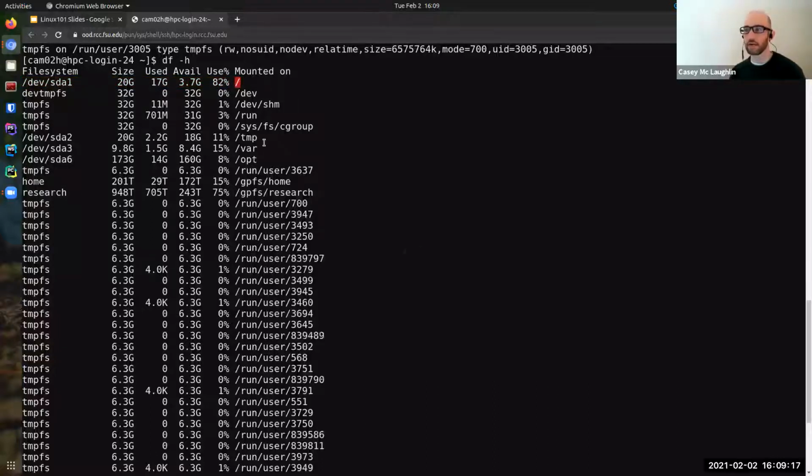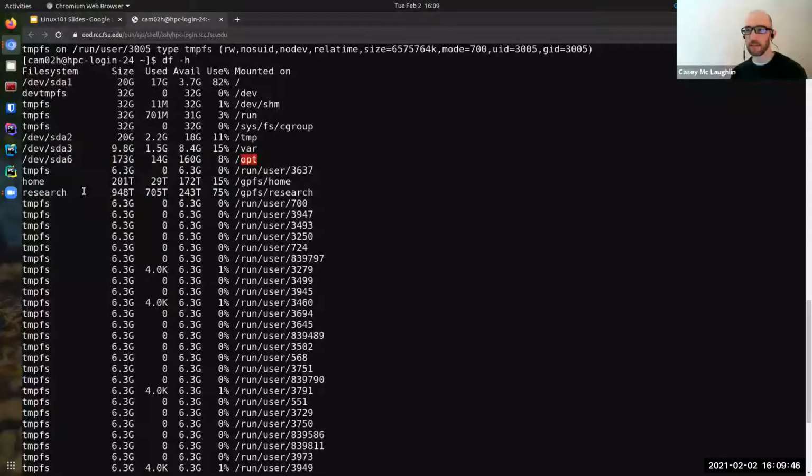All right, now we have a separate device. /dev is the directory or folder that all the device files are kept in. This represents another physical disk in the system. It's also 20 gigs, and it's mounted at temp. Another physical device mounted at var, and finally a third, much larger drive mounted at opt.